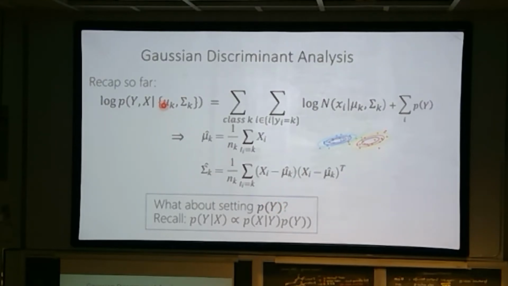So again, we can use the usual thing: compute the derivative, set it to 0, and in this case solve analytically to get the updates for every mean and every covariance. But how are we going to set this y here? Because what I've just shown you are the means and covariances only for this first term, the probability of x given y.